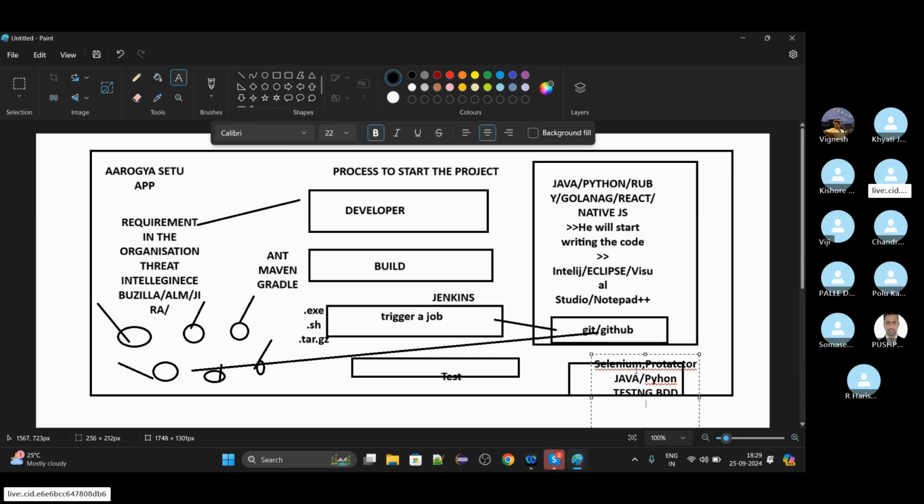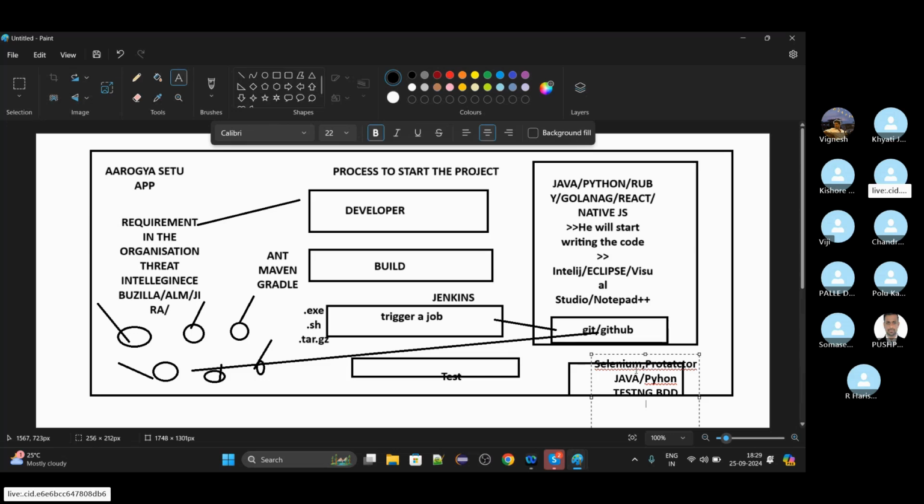They can run it from local, meaning where your code is running, or they can run it in a Jenkins-based environment.